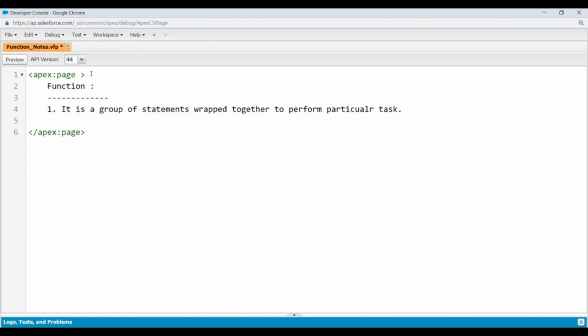What is a function? Function is a group of statements brought together to perform a particular task. Then functions are classified into